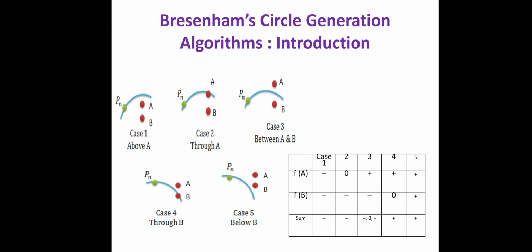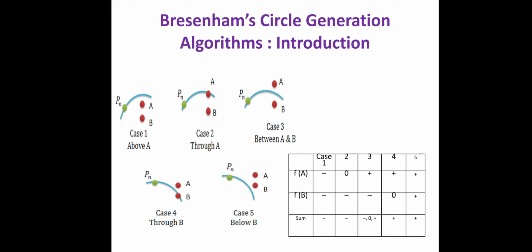Then next, for case number 3, a is outside the circle, which means your f of a is greater than 0, that is why I am showing it with a plus. B is inside, that is why minus. And what will be the summation of that? The summation can be 0, for example plus 3 minus 3 will become 0, plus 3 minus 2 will become plus 1, or minus 3 plus 2 will become minus 1. So the answer can be 0, the answer can be minus, the answer can be plus. So it again depends upon the values.